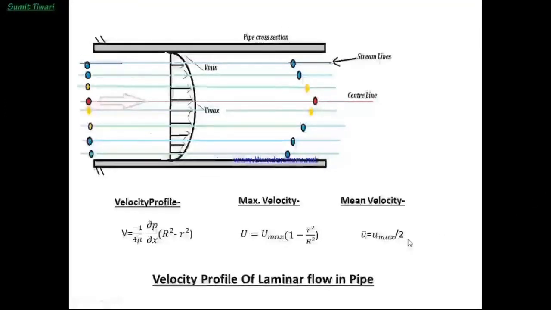And now we can see here r square denotes the velocity profile will be parabolic because of this relation. The square value is used, which is used for parabolic. So we can see here the x in the center line, the velocity is maximum, but when we are going to the pipe cross section or pipe radius, the velocity is decreasing and it is 0 or tends to 0 at the radius of the pipe.